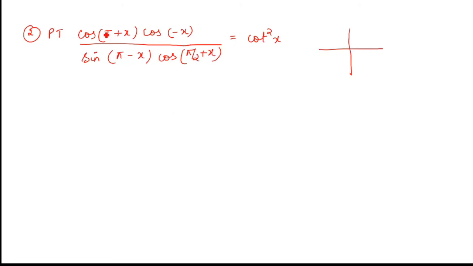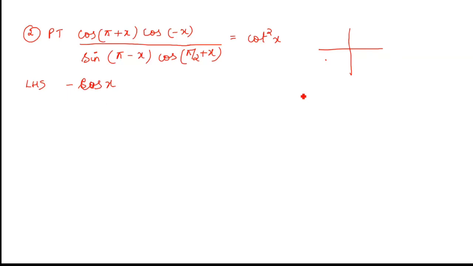Pi means 180. So in the LHS, 180 plus means coming in the third quadrant. Third quadrant cos is negative, so write the sign minus. Pi is lying on the sleeping line, no change to cofunction. So you're getting cos and x as it is. So that is the answer for cos (pi plus x).